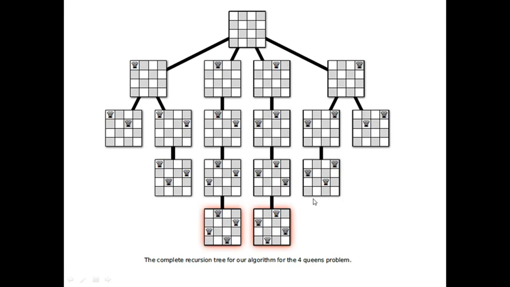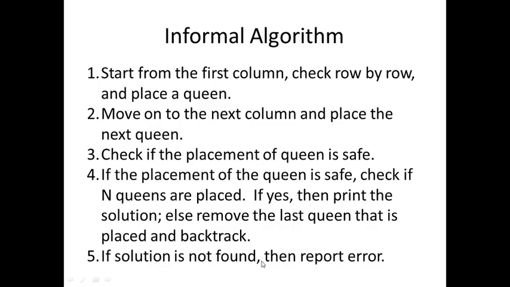And this is the entire complete recursion tree. This is the entire solution space. Sometimes in the question it will be mentioned to draw or write the entire solution space. Then you have to draw the solution space for the 4 queens problem like this. Okay, it is very easy. And what is actually backtracking? From here you backtrack, you try the alternative and you try all other alternatives, and this will give you the entire set of solutions.